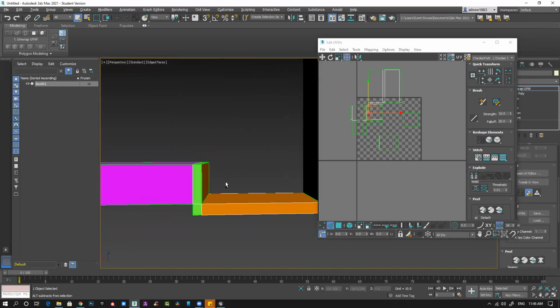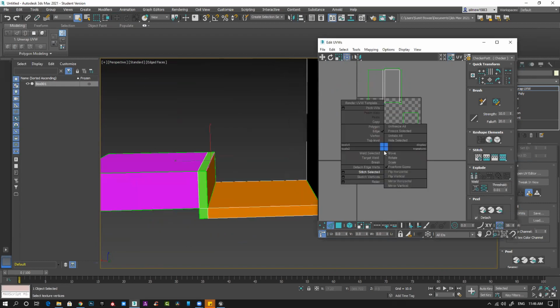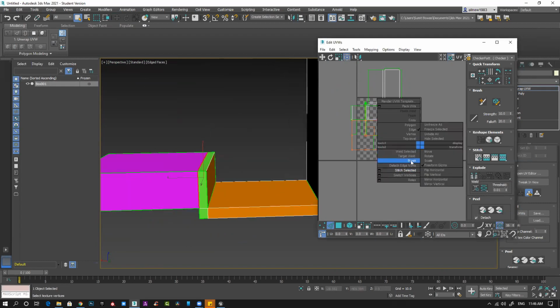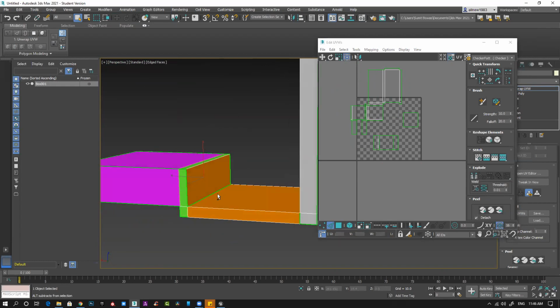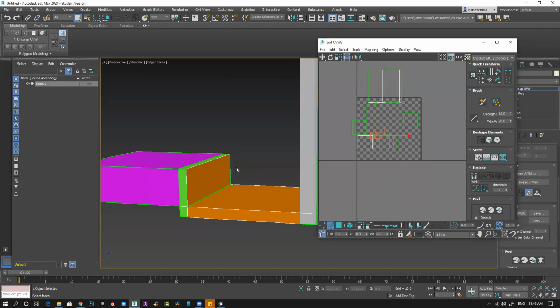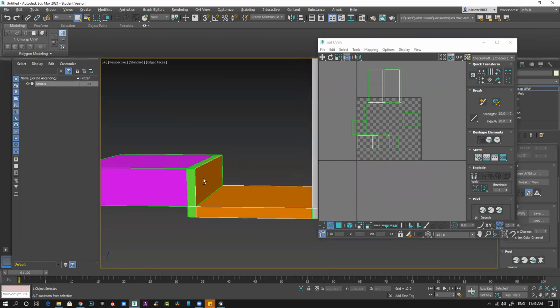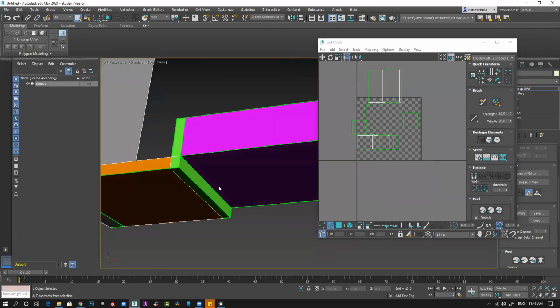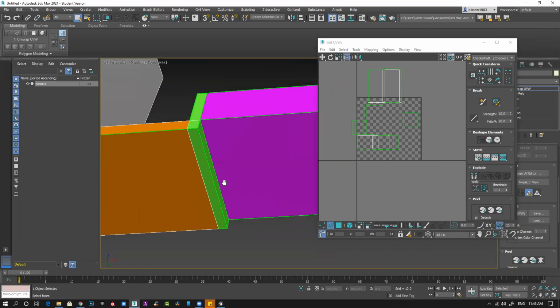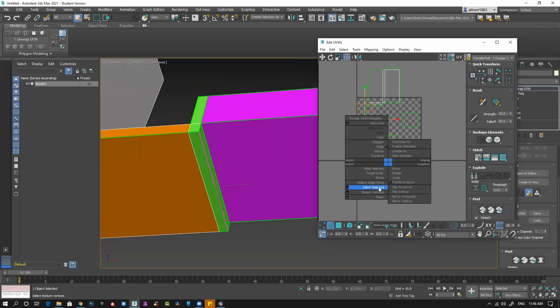This part also becomes one single solid part. Gray. These three are together, and this is something I can keep together or keep separate also.